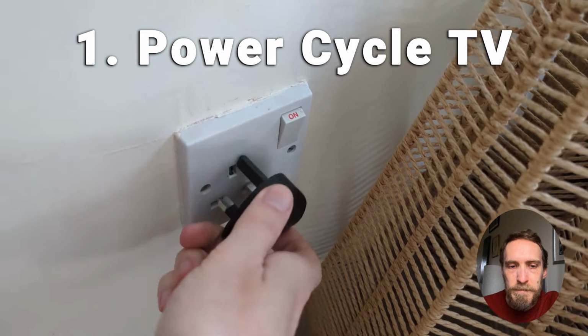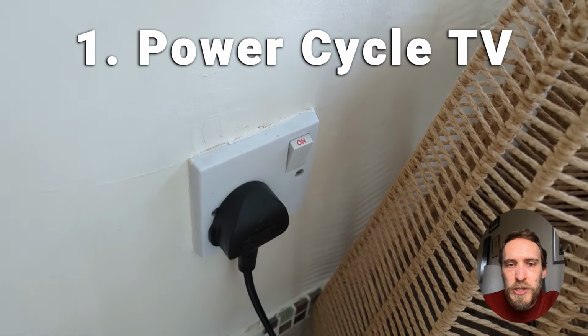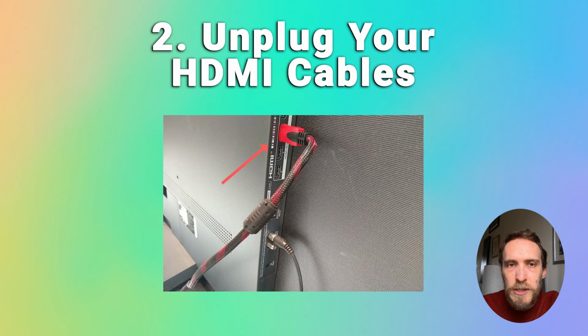Then you leave your TV unplugged for at least 30 minutes and then plug it back in and switch it back on again. You should also take out any HDMI connections and make sure that it's not a poorly seated cable that's causing the blue tint, so that you only have the power cable going into your TV, and then see if the blue tint is still there. You can also bring up the on-screen menu on your TV and see if the blue tint is covering that. If it is,